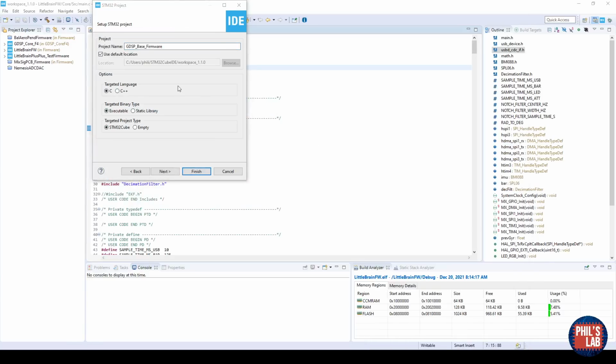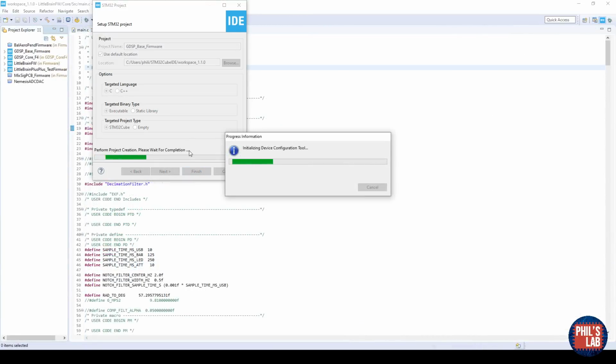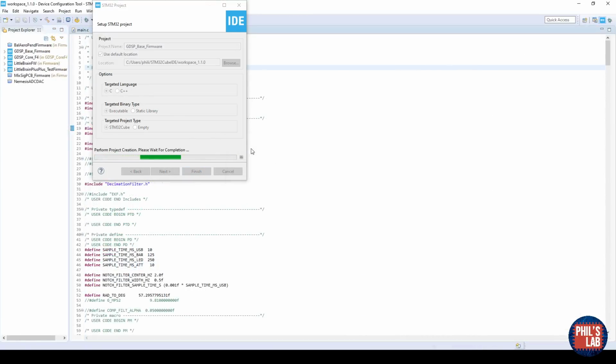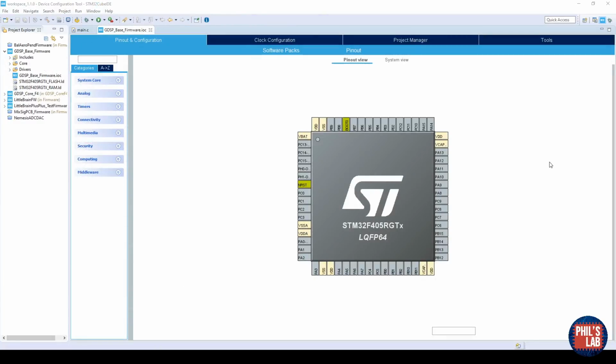I've just called it GDSP base firmware, and then we can just click Finish. I'll be writing this code in C, but of course you can write this in C++ if you wish. Once the project has been created, you'll be greeted with this view where you define the pinout of your